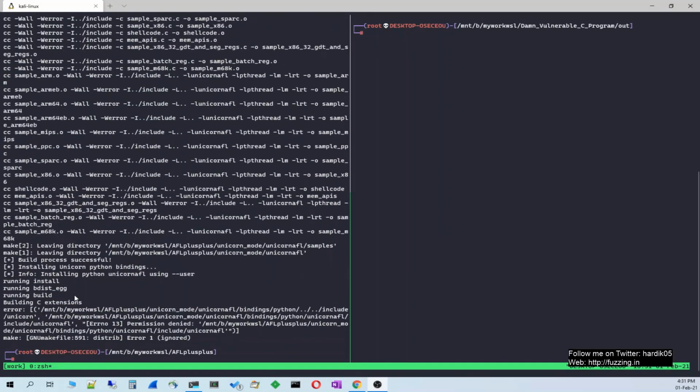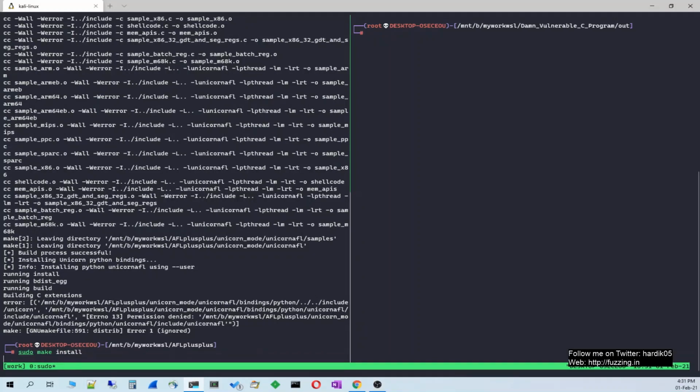Okay, it's done. There was some error. I need to install one dependency file, but it is working so far, so I'm ignoring it right now. And now you can see that the compilation has been successful, so we can simply do sudo make install, and it will install all the required executables on our system, and then we can use it to fuzz.